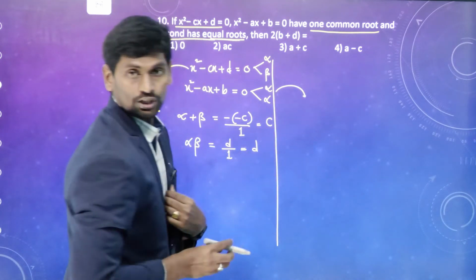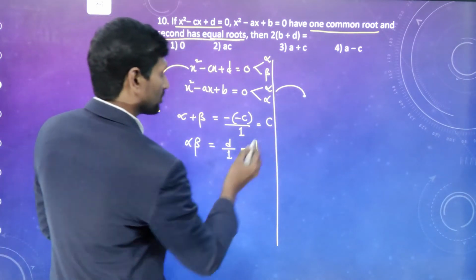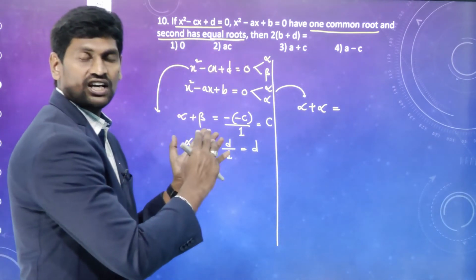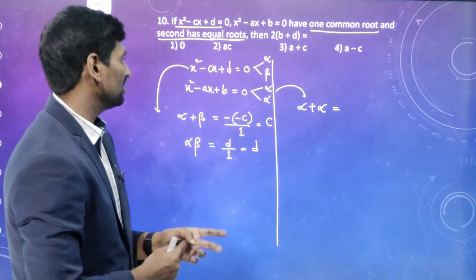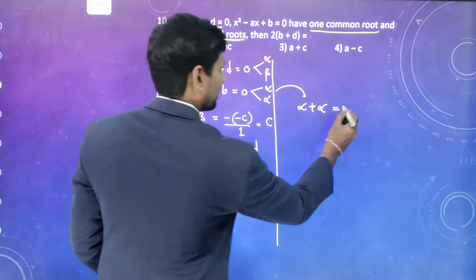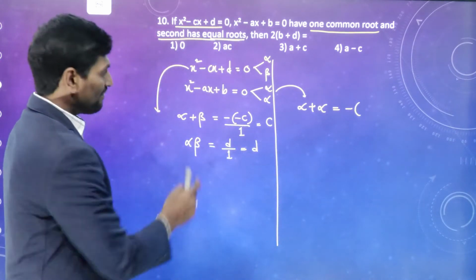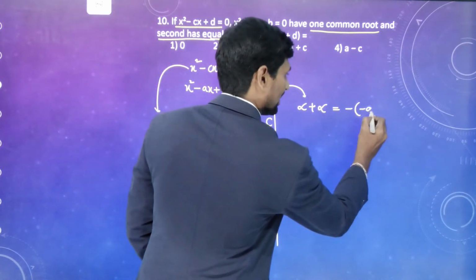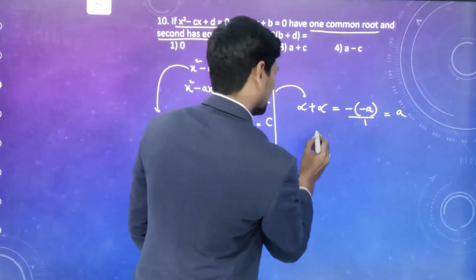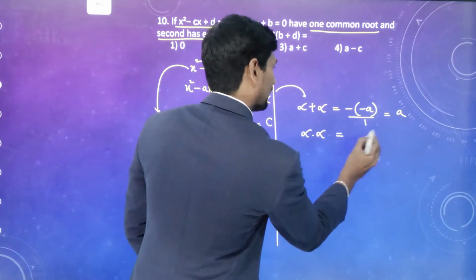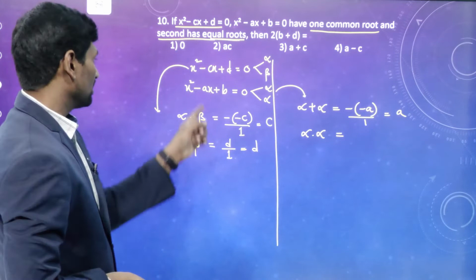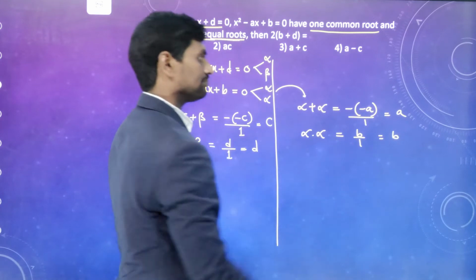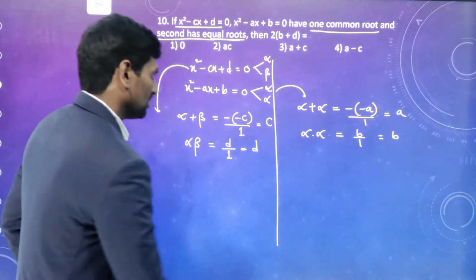Now let us check for the second equation. Second equation, sum of roots. Both roots are equal. That means alpha plus alpha. Sum of roots means alpha, and the second one also alpha. Same formula, minus b by a, minus of b value is minus a. That means b is nothing but your x coefficient. Minus a by 1. Minus of minus is plus a. And alpha into alpha, product of roots is c by a, that means constant term b by a. b by 1 means nothing but b. Okay, now